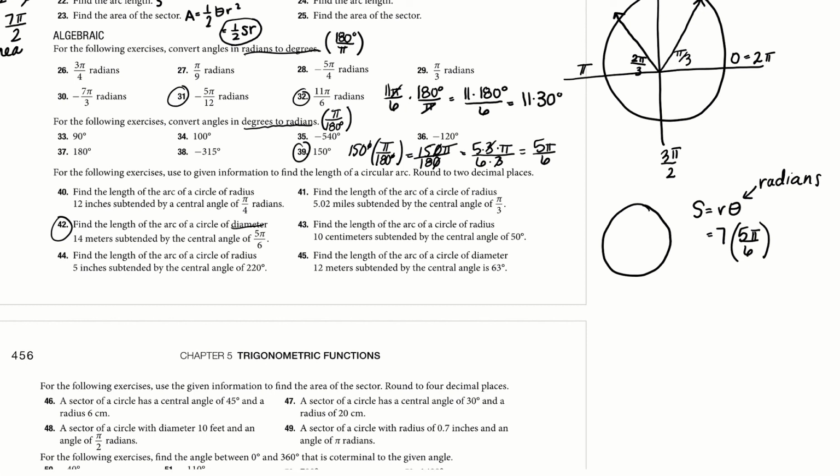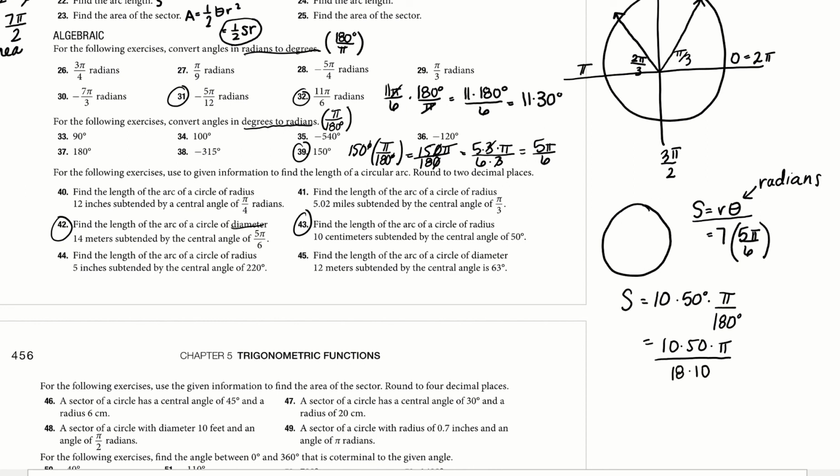Let's try this one, 43. So now it wants the arc length for a circle that has a radius of 10. Remember, it's S equals R theta. So the radius here is already given, which is 10. The central angle is 50 degrees, but I need that in radians. So I have to multiply it by pi over 180. So that gives me 10 times 50 times pi divided by